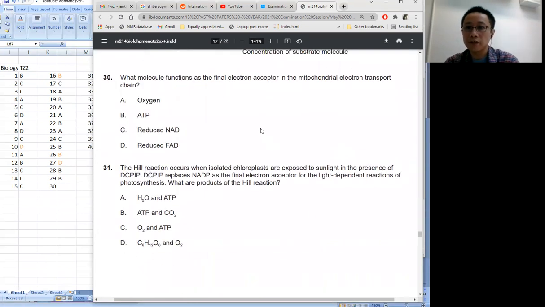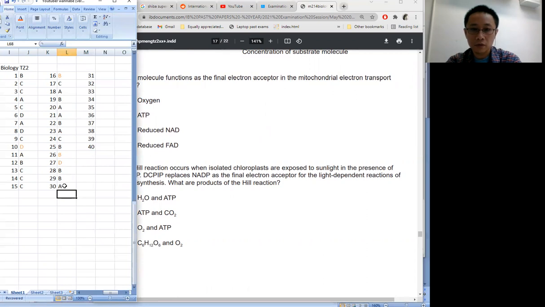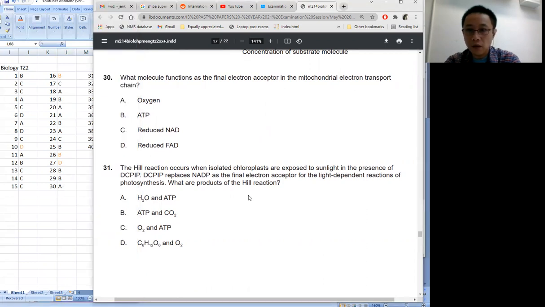30, what molecule functions as the final electron acceptor in the mitochondrial electron transport chain? And this you just need to know is oxygen. 31, the Hill reaction occurs when isolated chloroplasts are exposed to sunlight in the presence of DCPIP. And DCPIP replaces NADP as the final electron receptor for the light-dependent reaction. So you just need to know the general